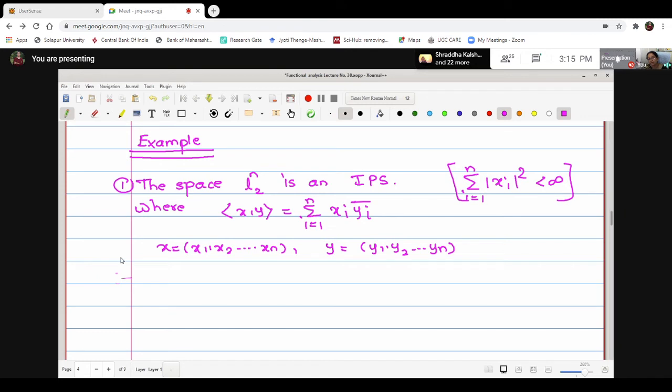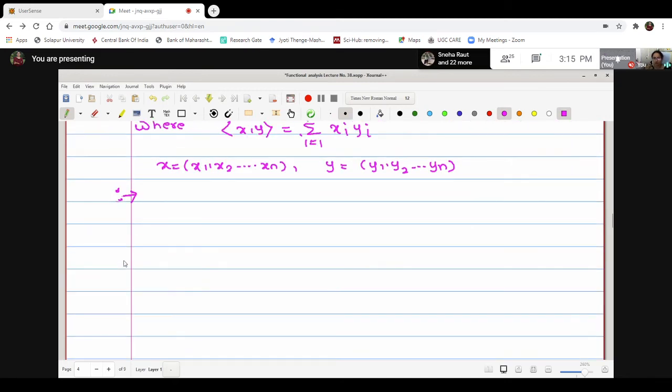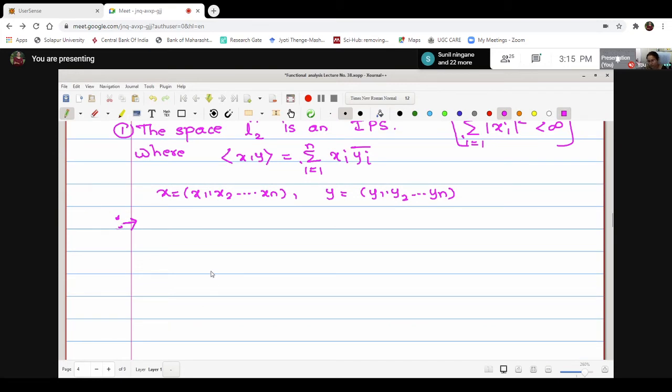Now in order to prove this to be an inner product space, what one should do? One should just verify all the properties of the inner product. Therefore, we will go for verifying all the properties of the inner product spaces one by one. Step 1. First property we will prove. What is the first property to prove? Inner product of x with x is always non-negative. Inner product of x along with itself is always non-negative. This is what we want to prove. Let us start.